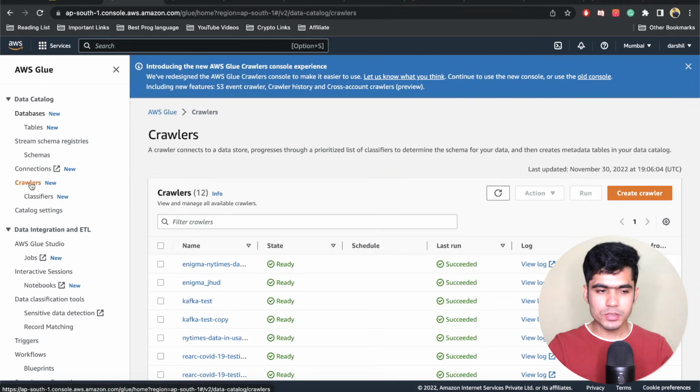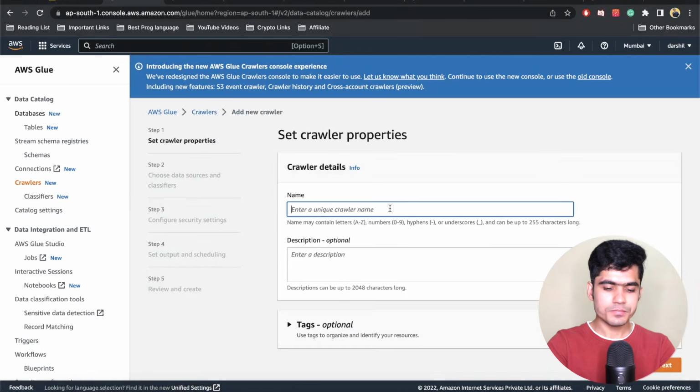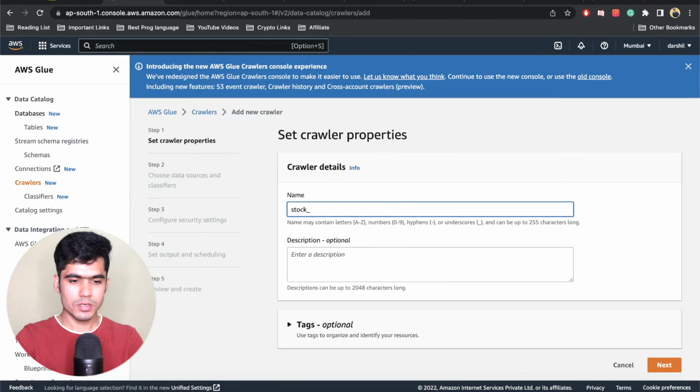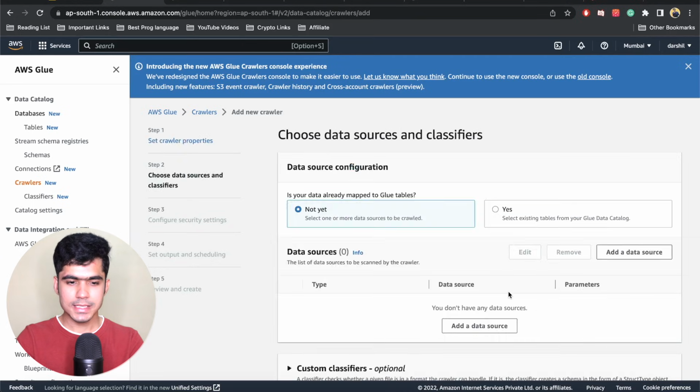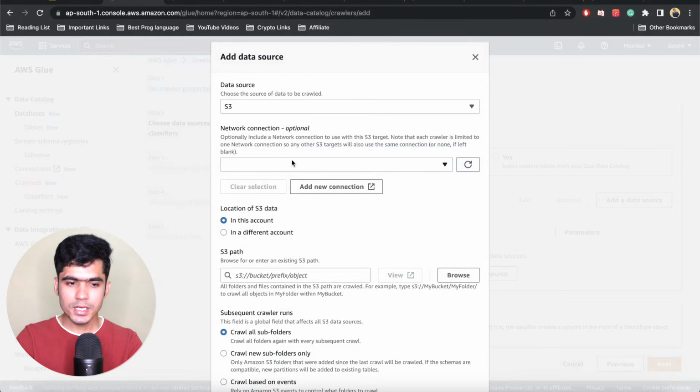Okay, just click on this crawler, click on create crawler, give a unique name, stock market Kafka project. Keep everything as it is, click on next. Is your data already mapped to Glue tables? Not yet. Add data source. Inside our data source,